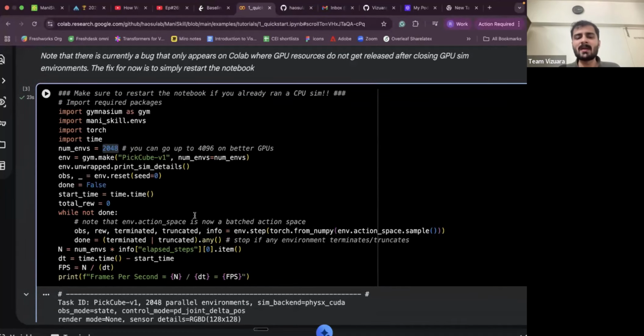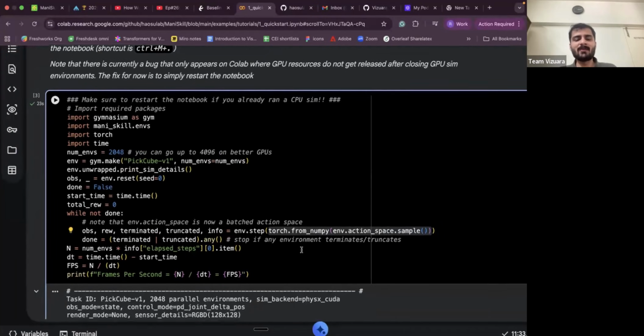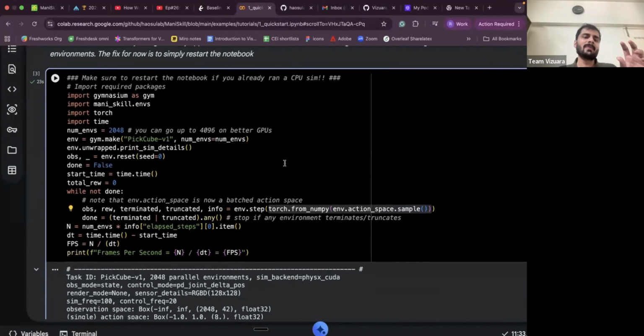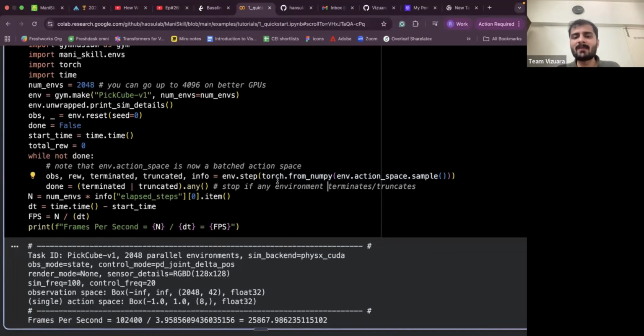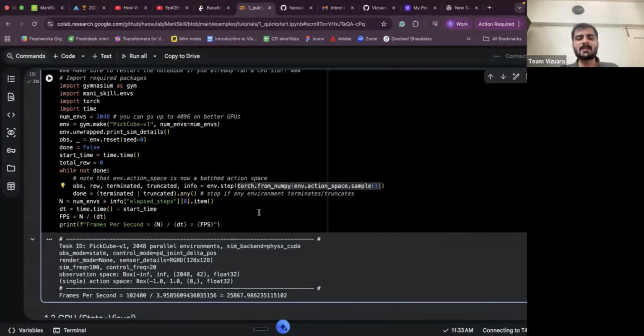Here, there is no policy being run. It is simply taking random actions as you see over here. So it's random. We have a pick cube task, but it might not even pick the cube. It is probably moving in space in whatever way it can. But the final goal is to have a logic and not just give a random action in this env.step. So this is how Maniskill builds on top of the Gymnasium